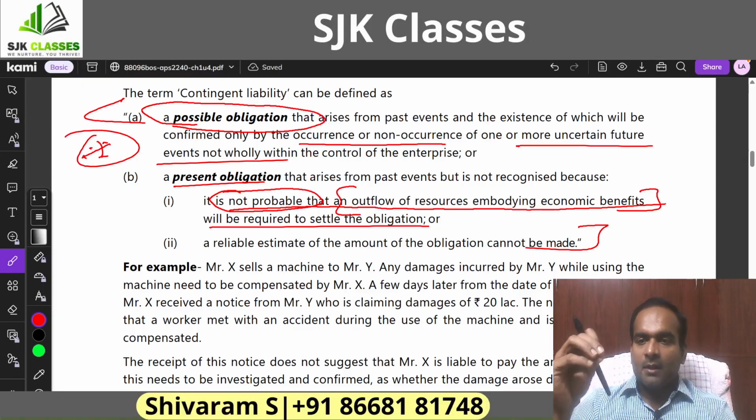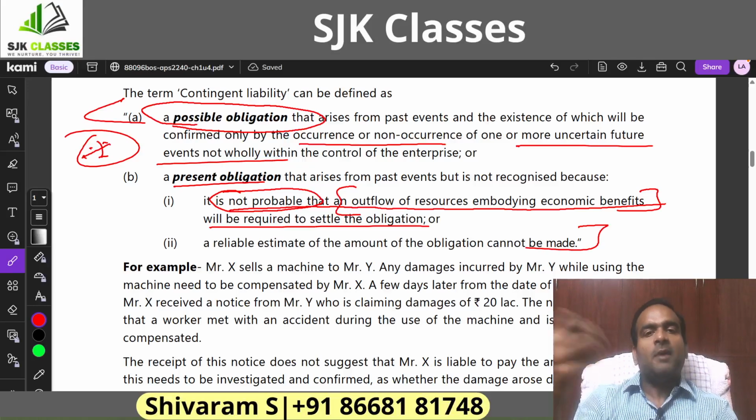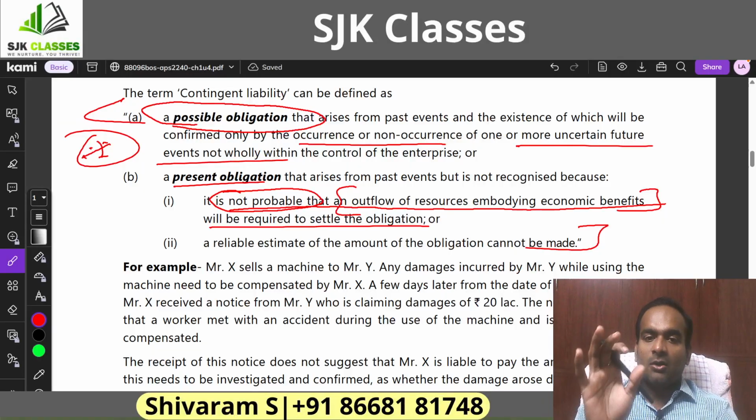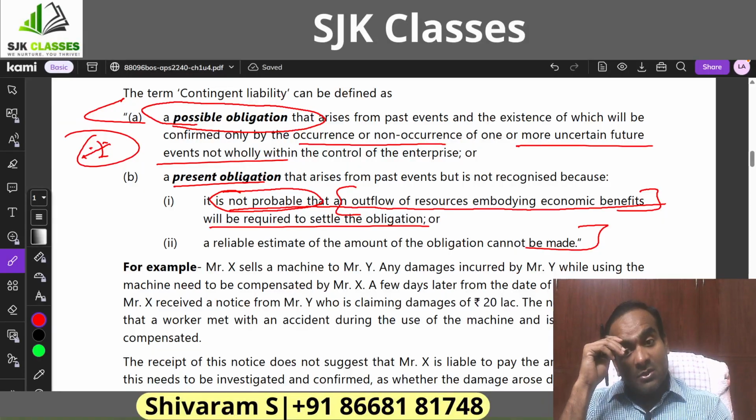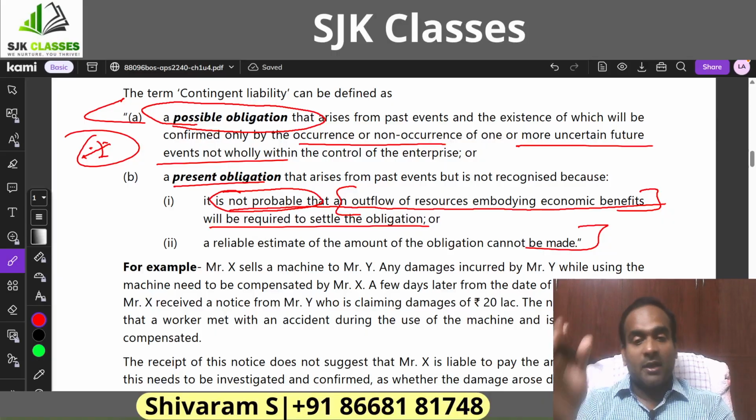So I repeat, there's a present obligation. What obligation? Someone has filed a case against us asking for damages. So there is a present obligation, but the obligation to pay the amount is quite remote because the case is going in our favor. So we might win the case. There is no need to pay the amount, right? So that's what we're calling not probable that an outflow of resources will be required to settle the obligation,